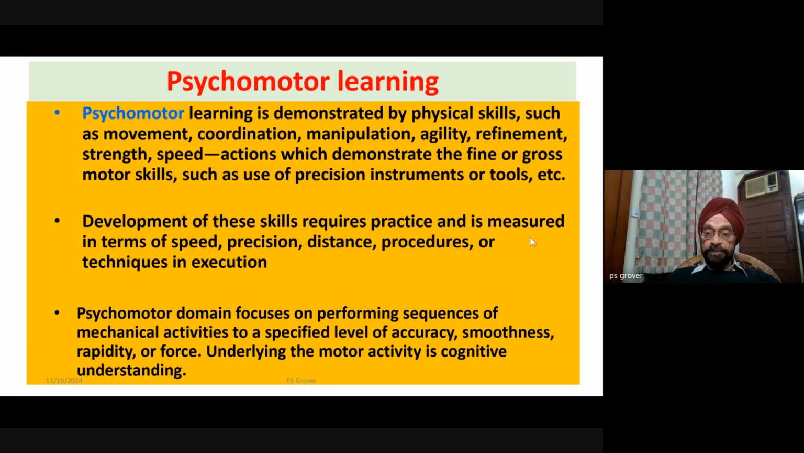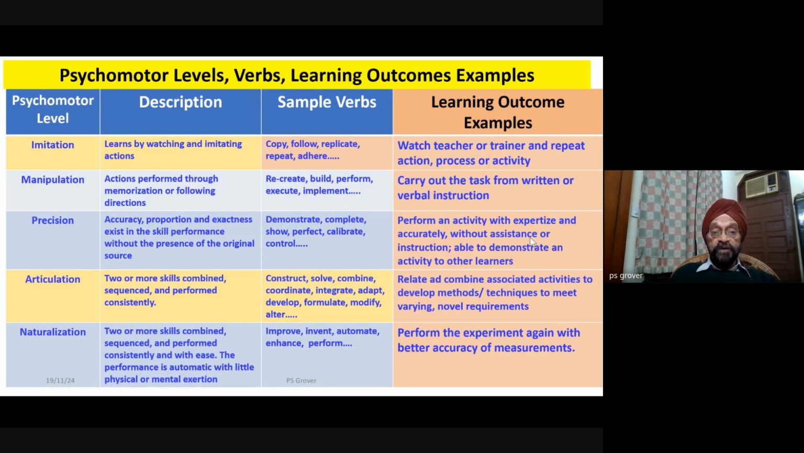Development of these skills requires practice and is measured in terms of speed, precision, distance, procedure, and techniques in execution. The psychomotor domain focuses on performing sequences of mechanical activities to a specified level of accuracy, smoothness, rapidity, or force. Underlying the motor activity is cognitive understanding as well. So kindly appreciate that here again it has 5 levels, and Bloom suggests sample work when we are